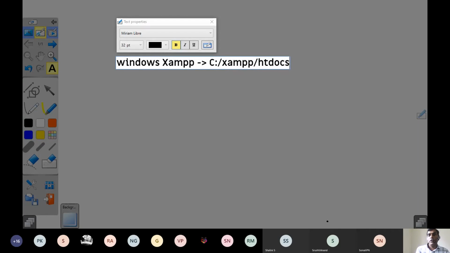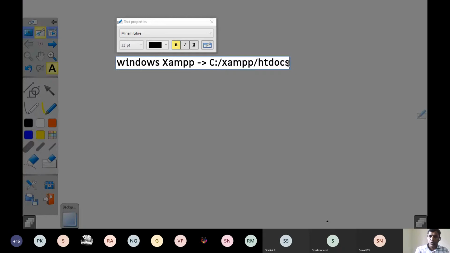This is actually the location where all your documents should be stored. That means any web programming document, you're supposed to save it there. So if you are using XAMPP on Windows, you should go to the C drive, the XAMPP folder. XAMPP is the home folder of XAMPP. In that there is a subfolder known as htdocs where you should keep your file.